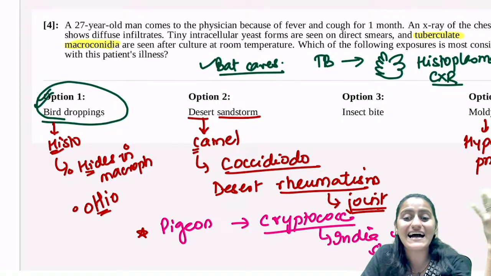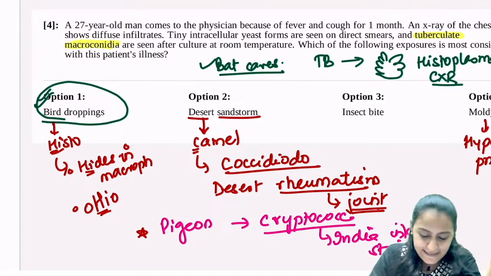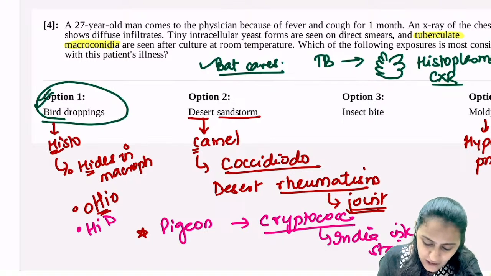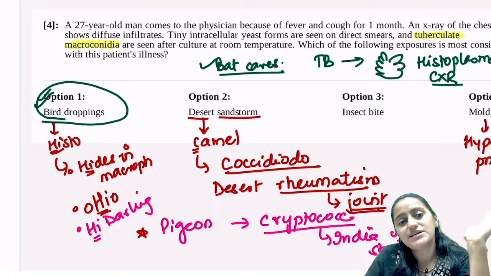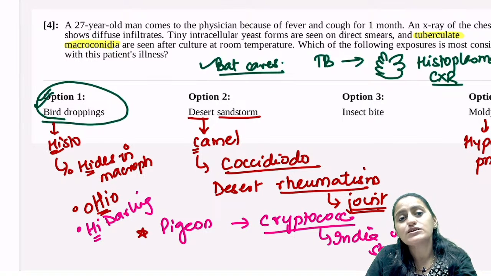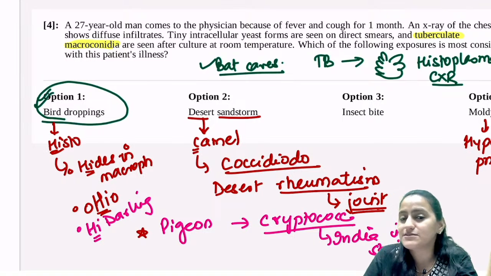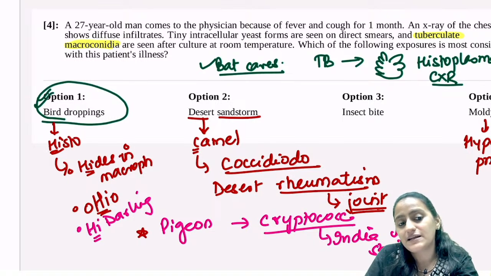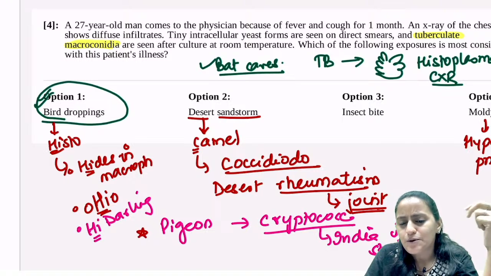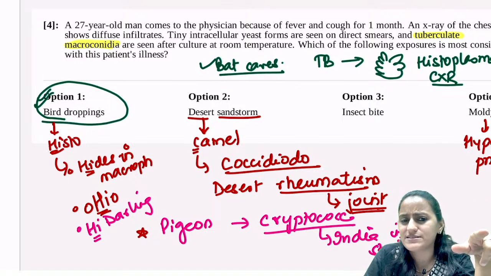It is also called Darling's disease. Right? So remember it as histo. You know how do you call your darling? Hi darling. Okay, so it's like hi darling. So histoplasma is Darling's disease. Coccidioido C is camel desert, so desert rheumatism is coccidioidomycosis, and pigeon droppings wala is cryptococcosis, which is the subcutaneous mycosis that we saw in today's